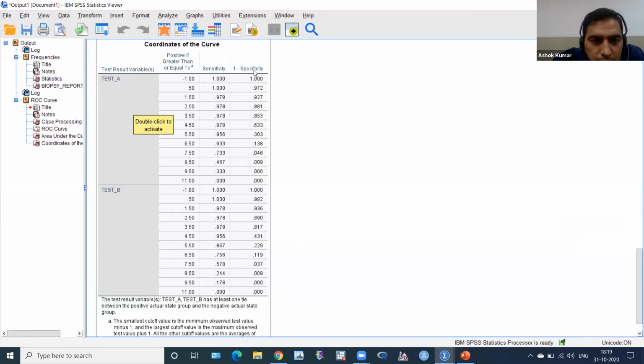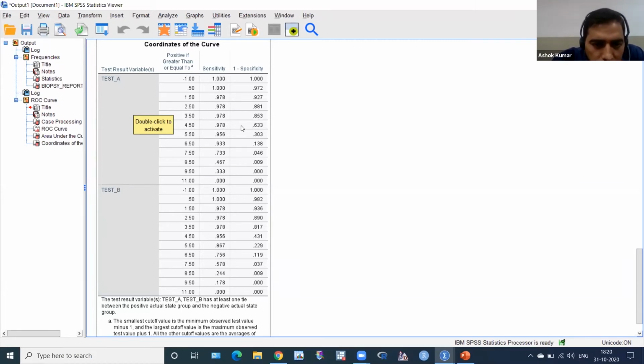And what about the specificity? This is 1 minus specificity, so we have to subtract this value from 1. So this is 1 minus 0.633, around 0.4.